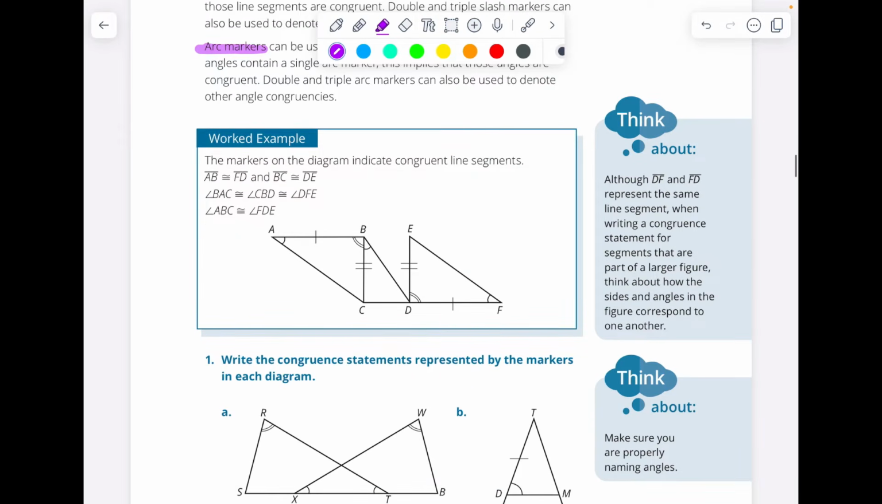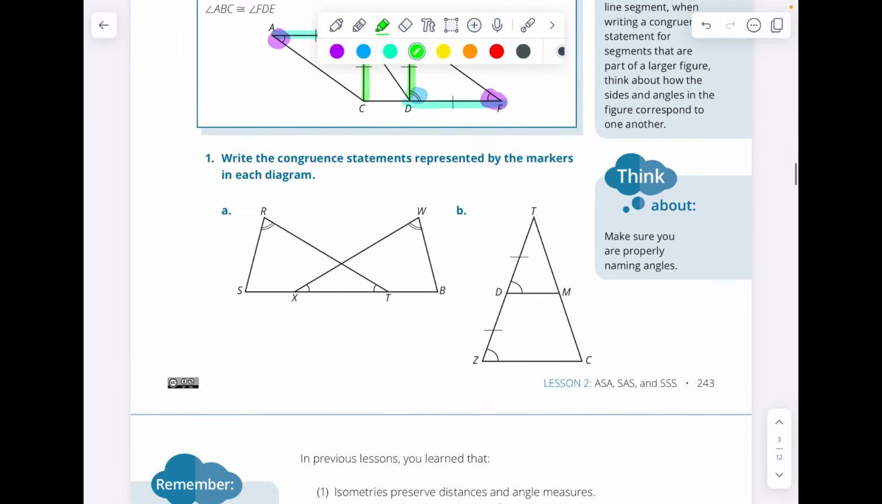And you can see down here, these two angles are congruent because they both have the same arc marker. These two angles are congruent because they have the same arc marker. These sides are congruent because they have the same slash, and then these sides are congruent because they have the same slash. And then right here, we can just write the congruence statements. So we can see that angle R is congruent to angle W, and then angle WXB is congruent to angle